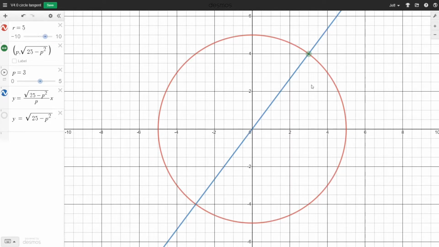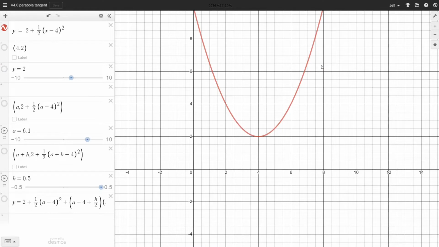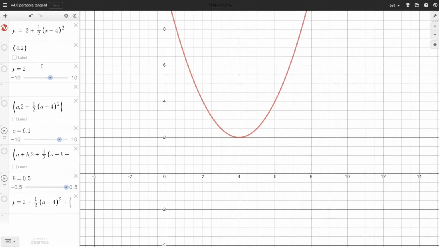Here's the radial line at this point. It has a slope of 4/3 because we go over 3 and up 4. So a tangent line must have a slope of -3/4, and there we go. So that was a special case. For a more general case, such as this parabola, if we choose a very special point, we might guess that the slope of the line tangent to the curve at this point is 0. But for most arbitrary points, solving that problem wasn't quite so easy.